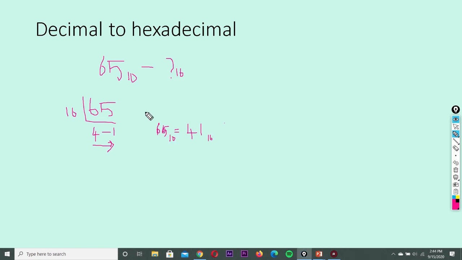So we found all the conversions: decimal to binary, decimal to octal, and decimal to hexadecimal. For decimal to binary, we did two methods. One is repeated division by 2, another one is sum of powers of 2. For decimal to octal, repeated division by 8. For decimal to hexadecimal, repeated division by 16. Okay, so that's all about today's session. Decimal to different number system conversion we discussed. If I want to convert a given decimal number to any other number system, we have to follow the repeated division by the base.